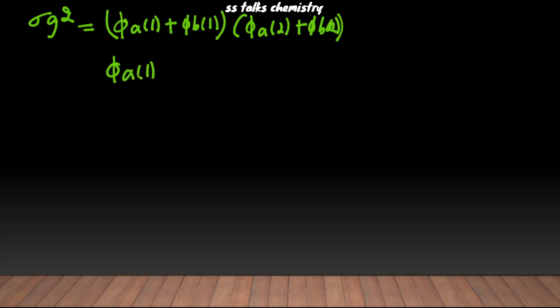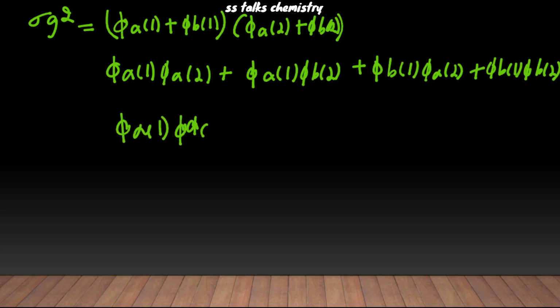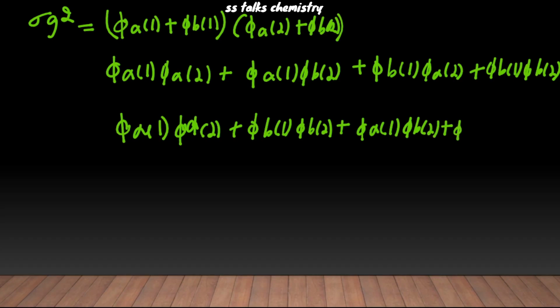It will become phi A1, phi A2 plus phi A1 into phi B2 plus phi B1 into phi A2 plus phi B1 into phi B2, right? So here I see phi A1 into phi A2 plus phi B1 into phi B2 plus phi A1 into phi B2 plus phi B1